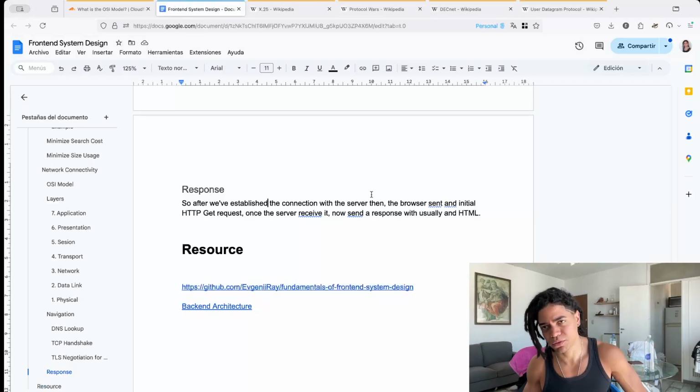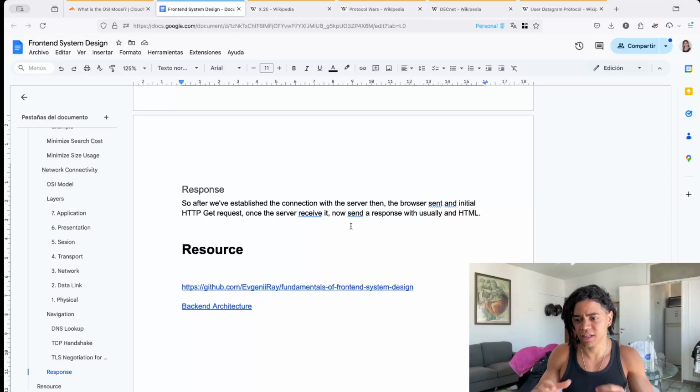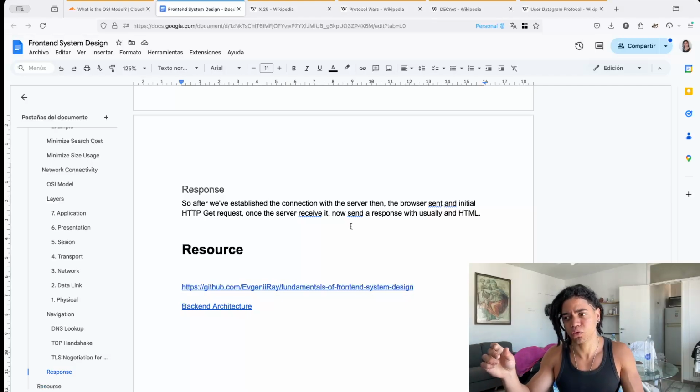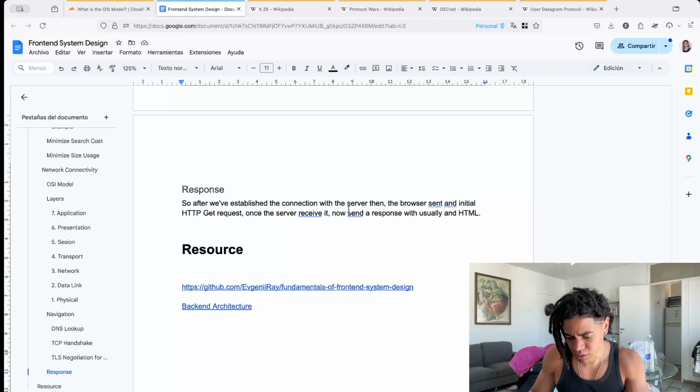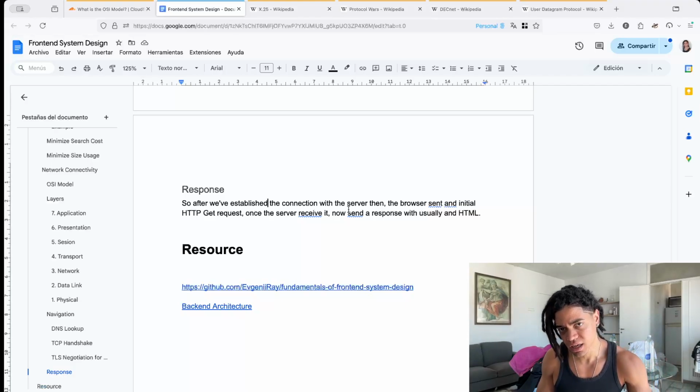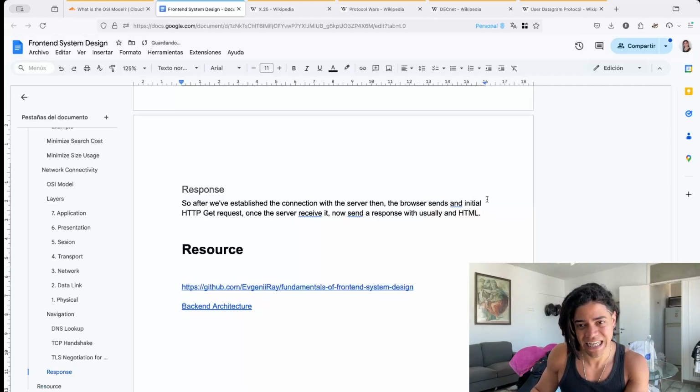The Advanced Encryption Standard provides a key length of 128, 192, or 256 bits, or the hashing, which now uses, for example, SHA-256 or SHA-384 in any case. But once you establish this, after that the browser sends an initial